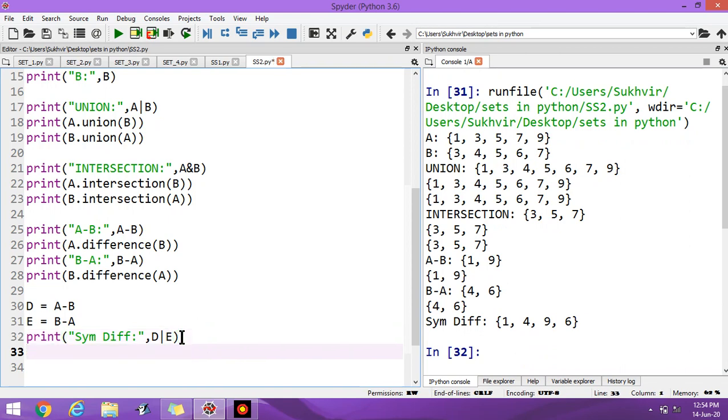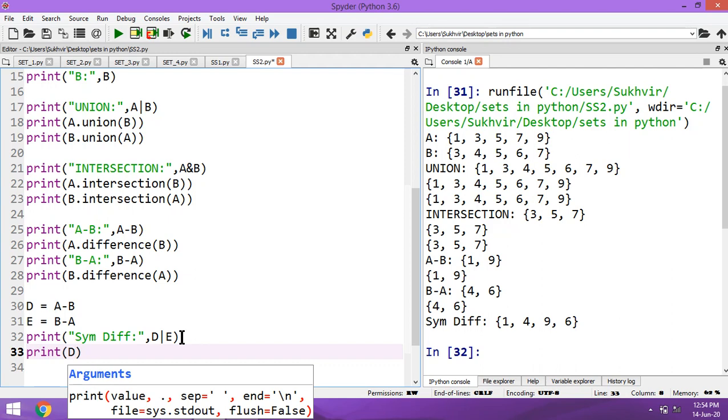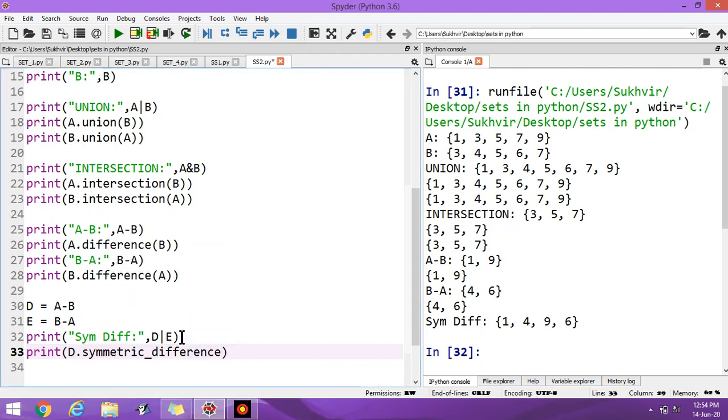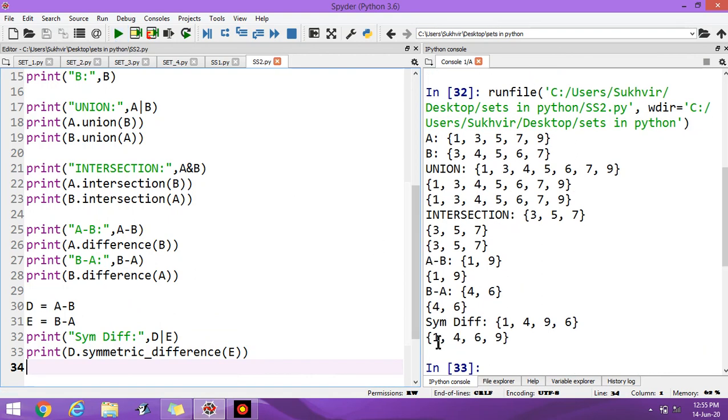And another method is if I write D dot symmetric difference, then inside E. Execute the program again: 1, 4, 6 and 9.